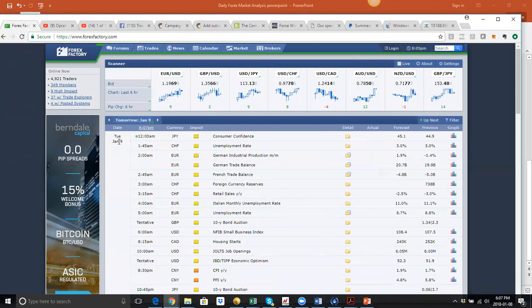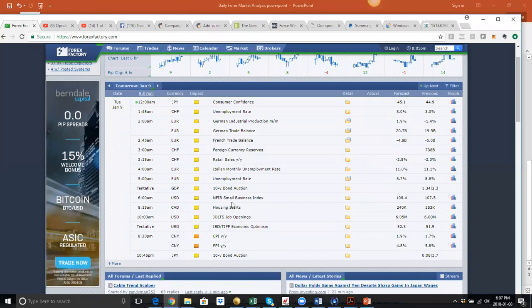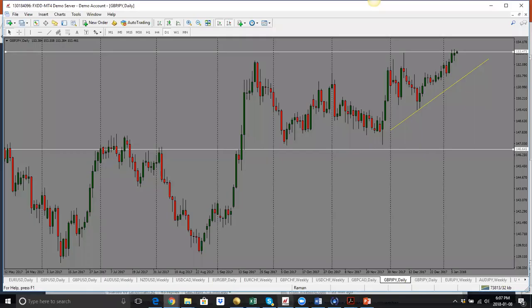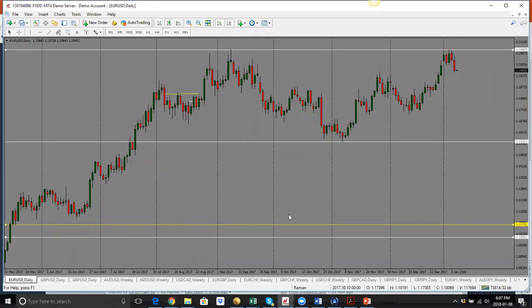Coming up on a Tuesday, not a whole lot of important or major data in terms of the red news. Everything is yellow here, so nothing critical going on. So let's move on to our